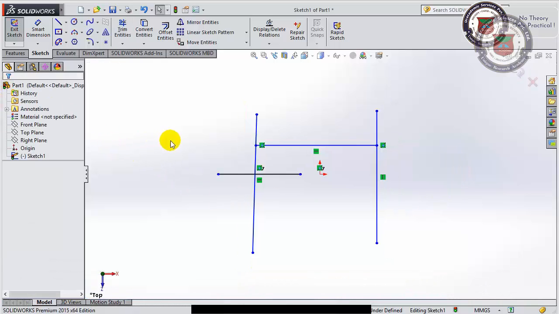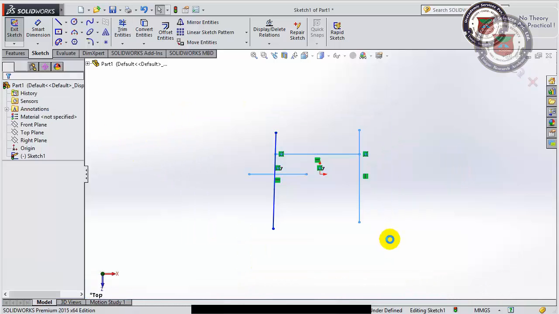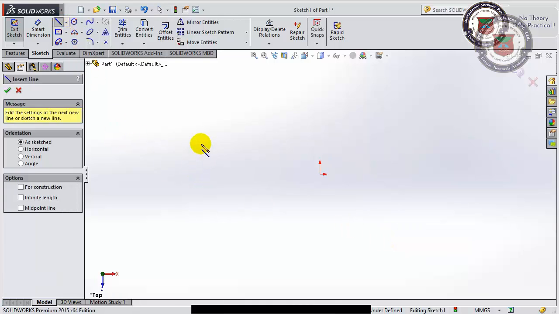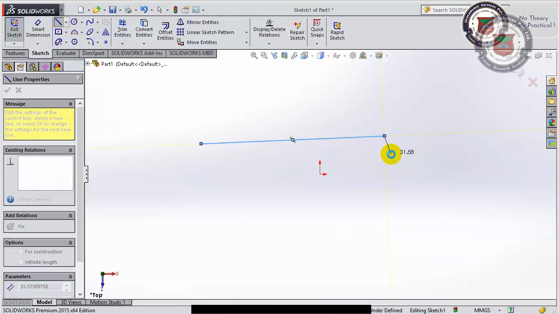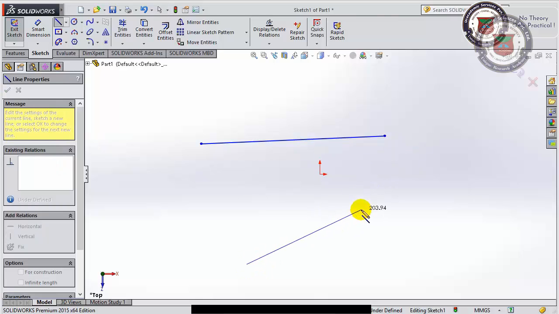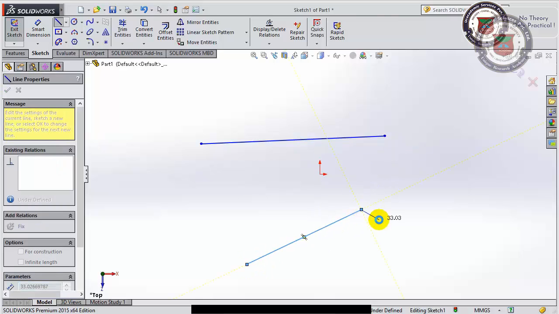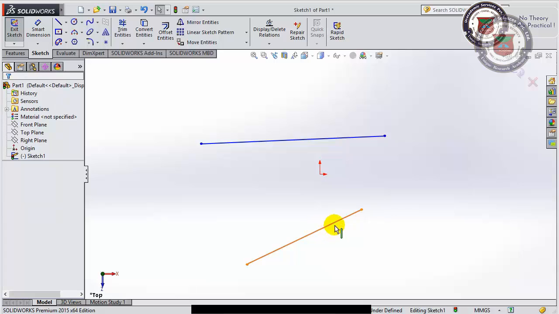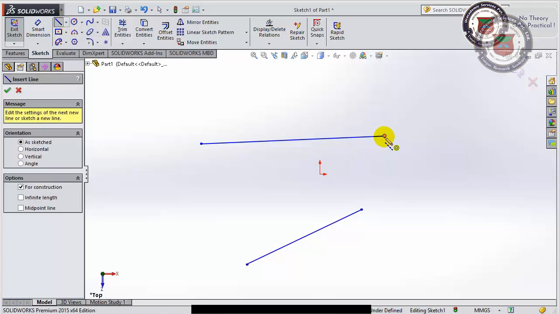Now suppose this is a line and this is a second line. Now I do want to extend this line so that it goes in the alignment of the upper line.